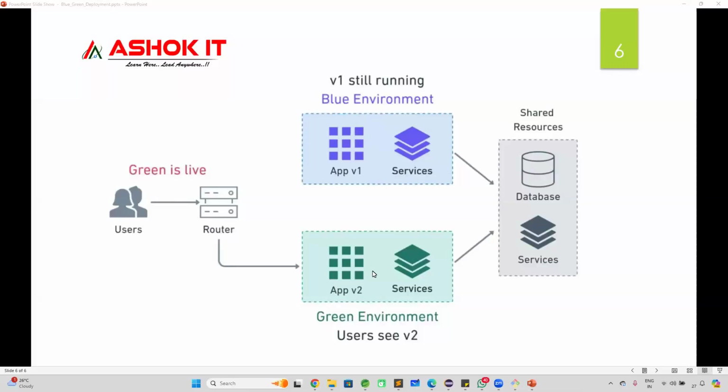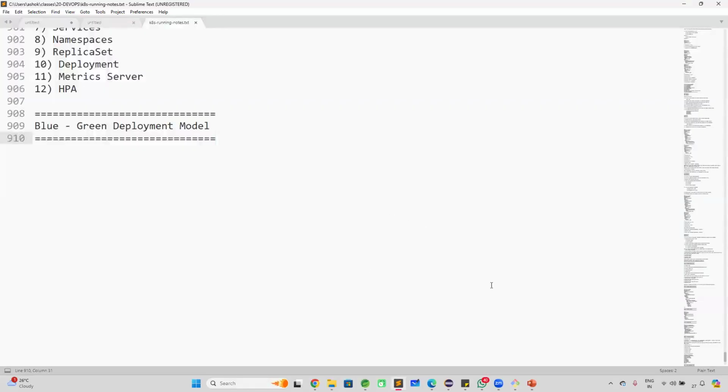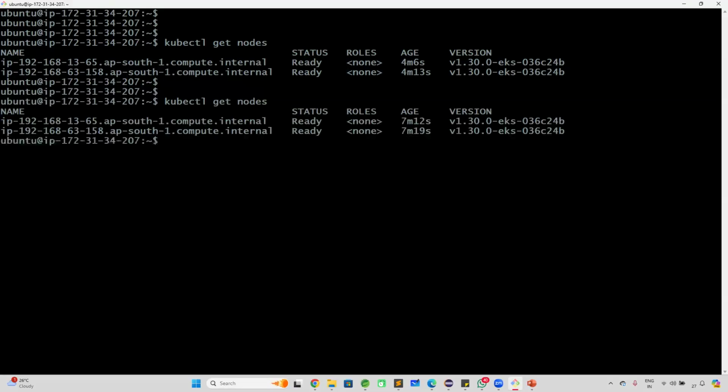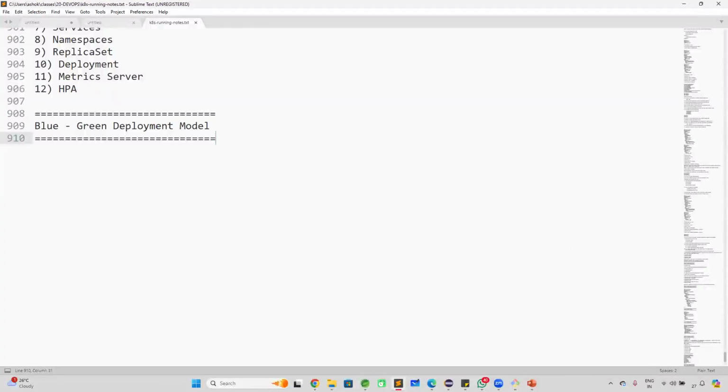Yesterday we understood the concept theoretically. Now today we are going to do the practice of this blue-green deployment model. I have done my cluster setup, guys. My cluster is running. Now I want to execute this blue and green deployment model, and I want to show you how we are going to do this practice. As we are going to do this blue-green deployment model practice, the procedure: the first step,